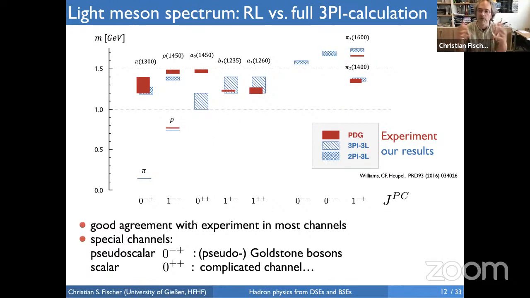If, however, one uses this fully advanced truncation, everything falls into place. You get the ground state and the first radial excitation in the pseudoscalar channel, ground state and first radial excitation in the vector channel. The 0++ state is now above 1 GeV, where it should be, according to Jaffe's argument, right? It should correspond to the heavy nonet. The axial vectors fall into place. And even in the exotic channels, we find states which are close to states which are extracted from experiment. So it really pays off to do this horribly complicated calculation.